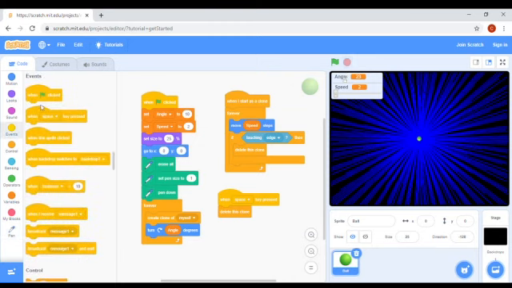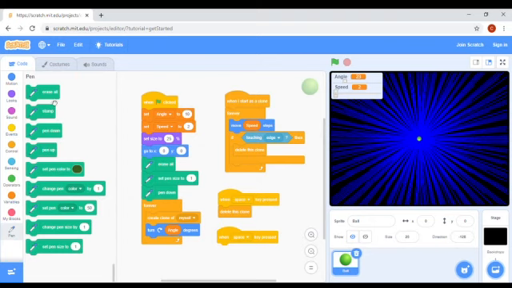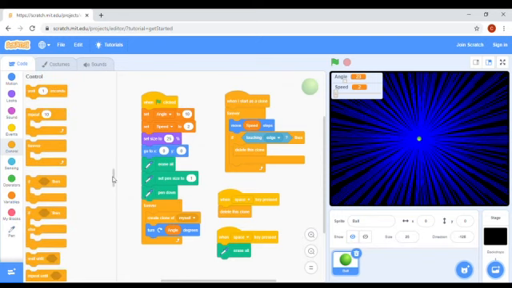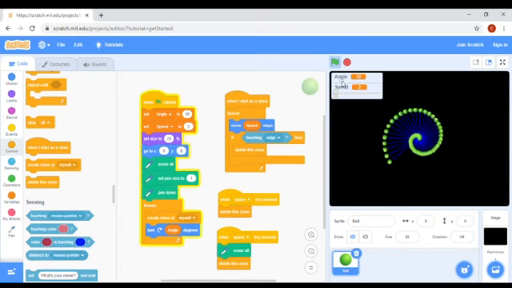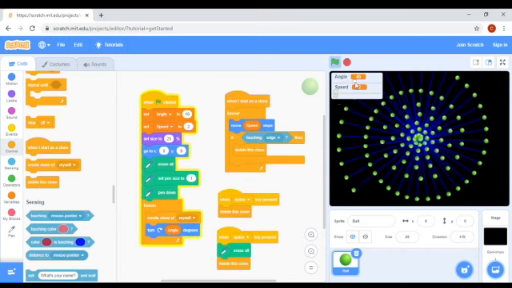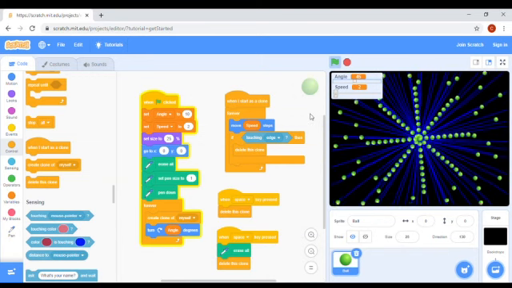Okay, and then we've got the pen that we need to delete. So we deleted the clone on the last one, okay, but we want to delete the pen as well. Okay, so that every time we start anew, we don't have our old pattern on there. Okay, so we want to erase the pen and again delete the clone. So now if I change it, okay, and I can press space to clear it,